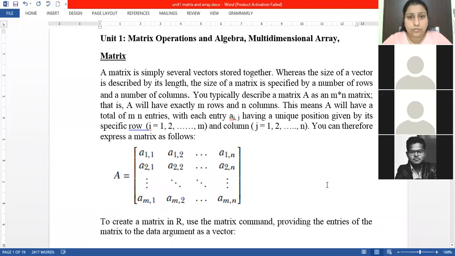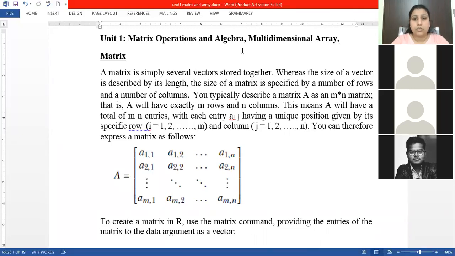So, warm good afternoon to all of you. In the last lecture, we completed some arithmetic operations and vectors. On arithmetic operations, we have seen how to perform addition, multiplications, and many more mathematical operations in R. On vectors, we have seen how to create a vector.